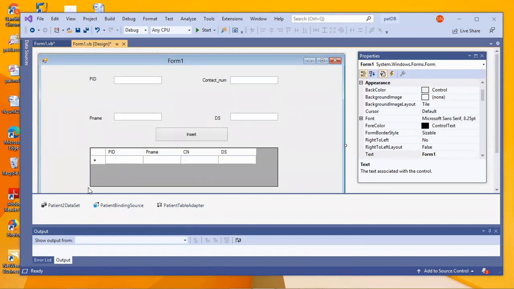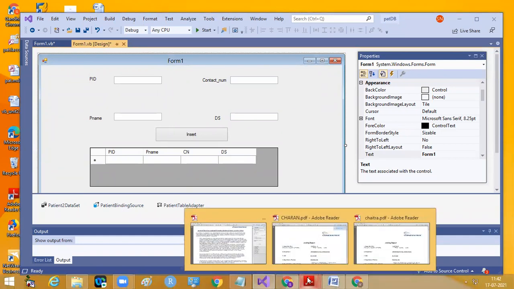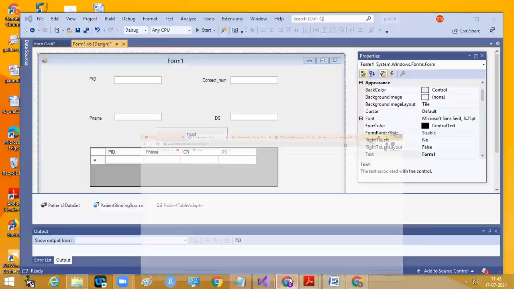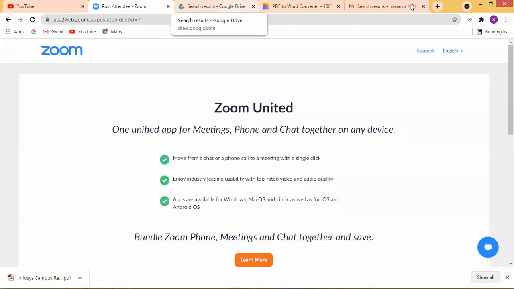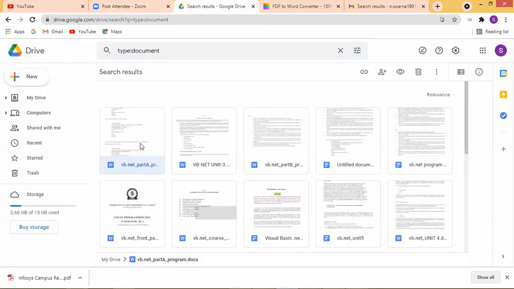Which control should I do the programming for? Ma'am, PID. I need to do it for the button, correct? I need to do it for a button, but the button works only for the insertion purpose.